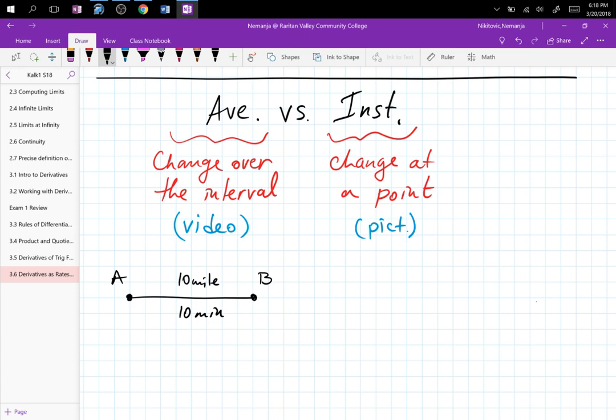You can say, so I live 10 miles away from RVCC, and it takes me 10 minutes to get to RVCC. You can calculate the average velocity by simply stating that